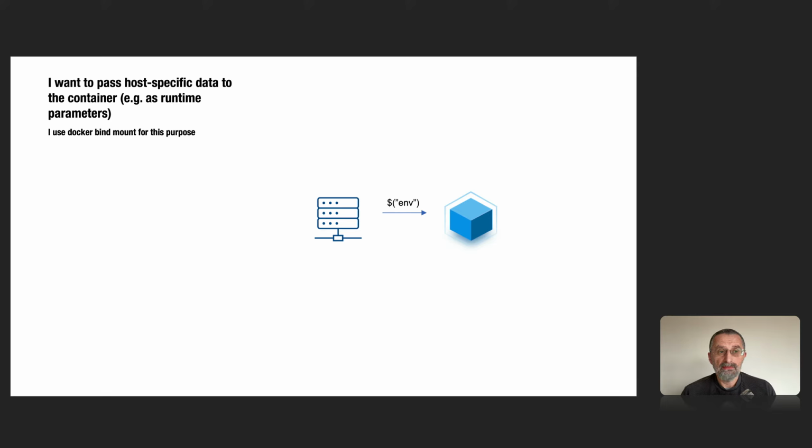Imagine that you wanna pass host-specific data to the container, for example, runtime parameters. You can use Docker bind mount for this purpose. So you may have quite a universal container, but it may use different runtime parameters depending on whether it's your on-prem server or cloud hosters in a given cloud provider. So you can pass the environment, hardware environment, for example, runtime parameters directly to the Docker, so that becomes even more